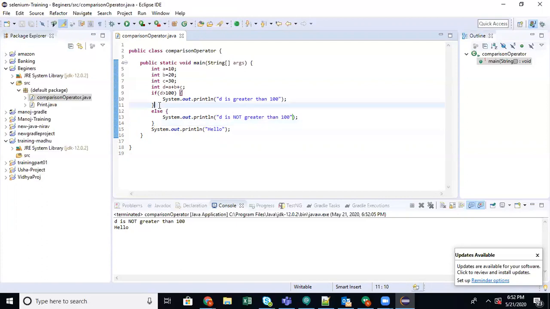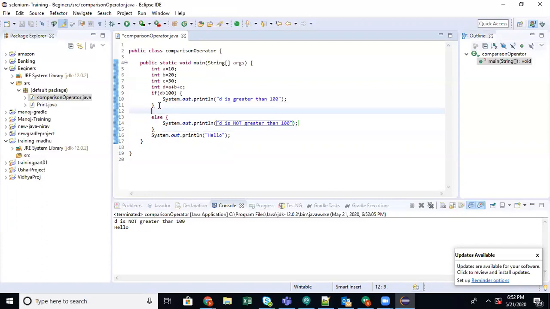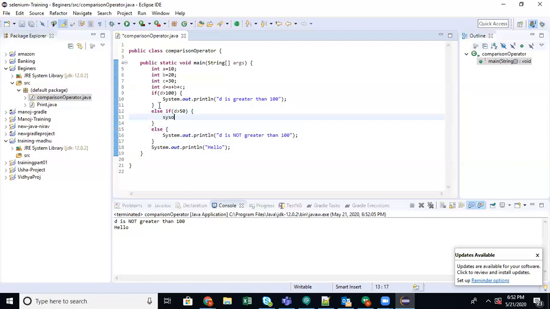So how I can do it is, if I wanted to check another condition, then I have to write else if. So now first it will come. Let me debug and show you.